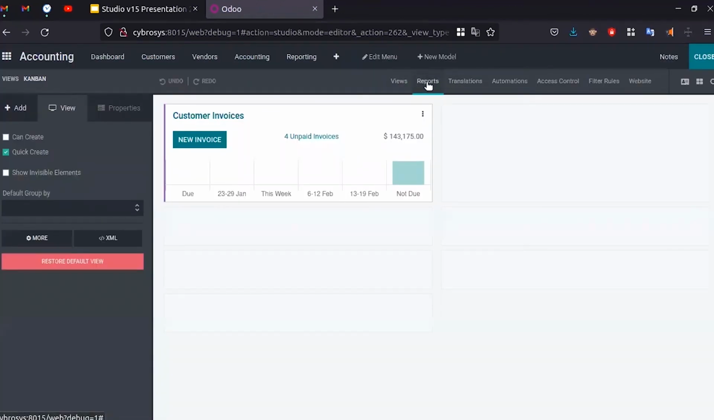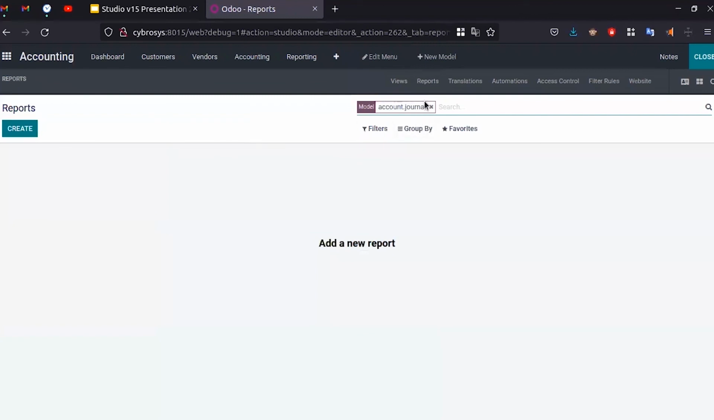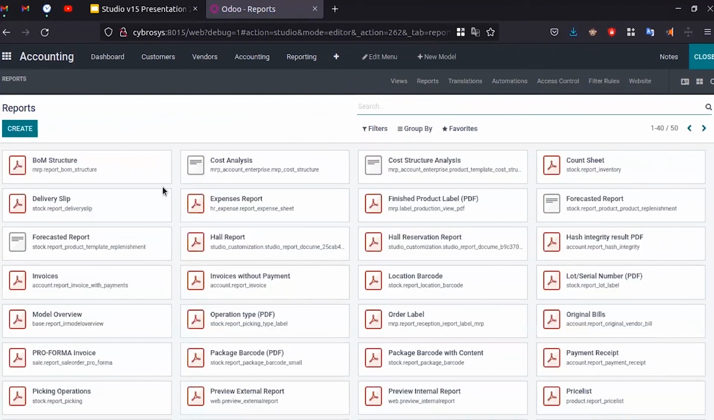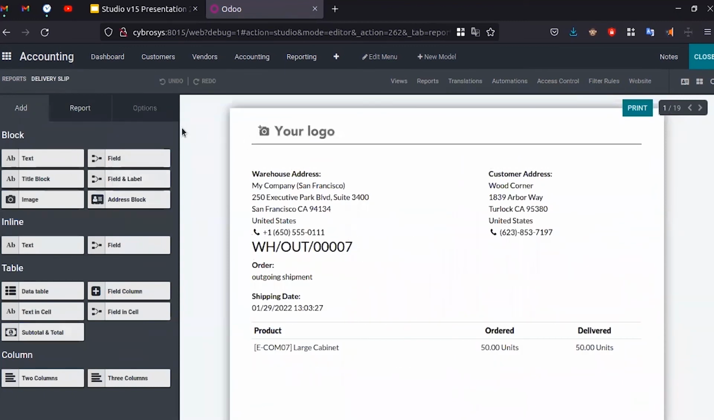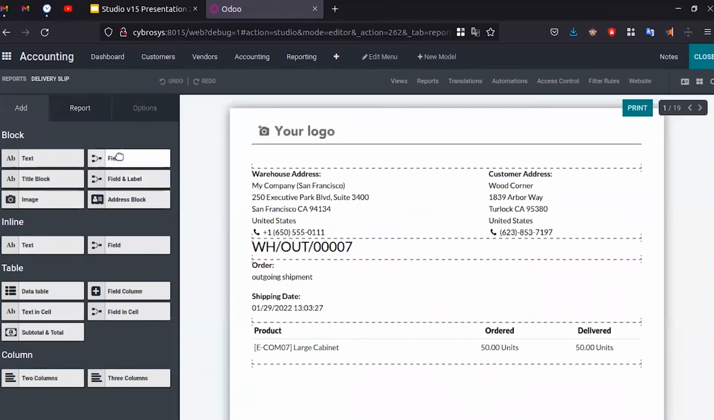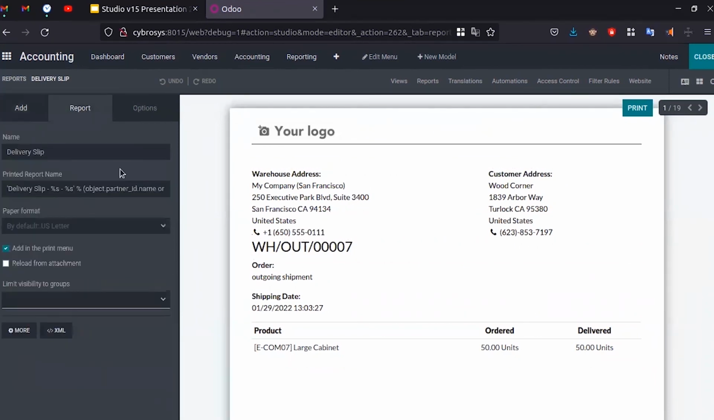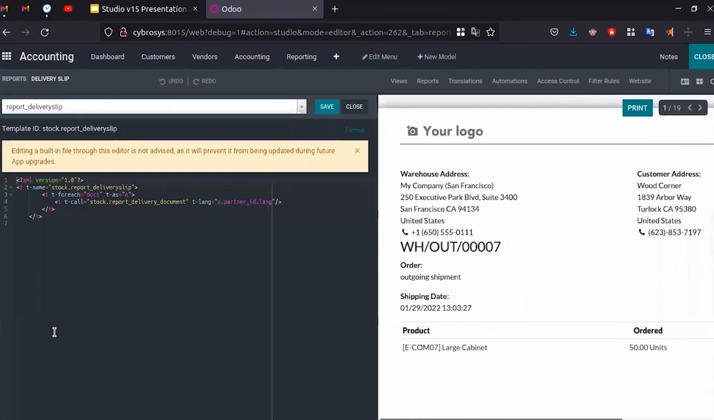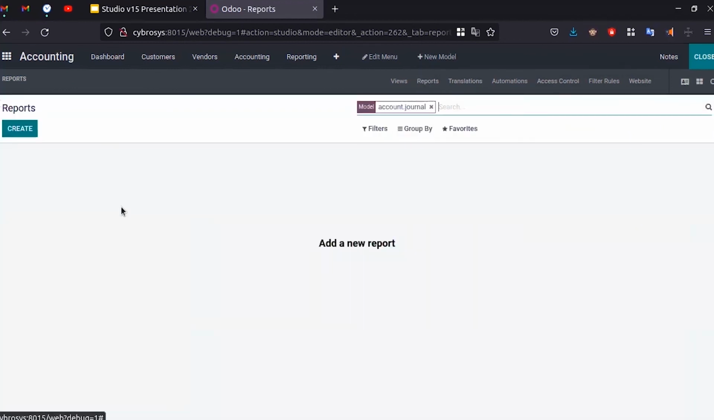So now we can click onto reports. There are no reports. Okay, now we will be able to see all the reports over here. We can just click onto one, for example, let it be the delivery slip. And now we can see all the information that has been shown in the Studio module. Basics will also be shown here. Apart from that, we will have an option called XML over here. When we click onto this XML, we will be able to see the XML that has been created for this report. Since it is a minimal one,